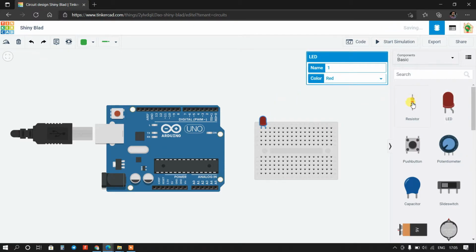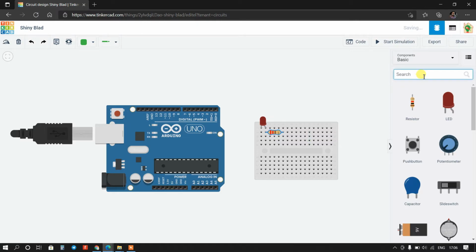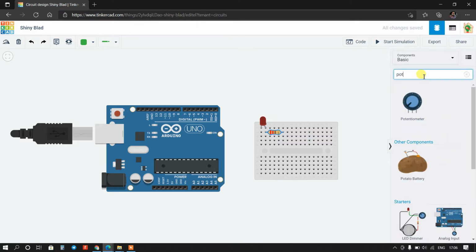Okay, and one resistor, it is 220 ohm. We'll rotate this. Okay, and I will take a potentiometer. Okay,